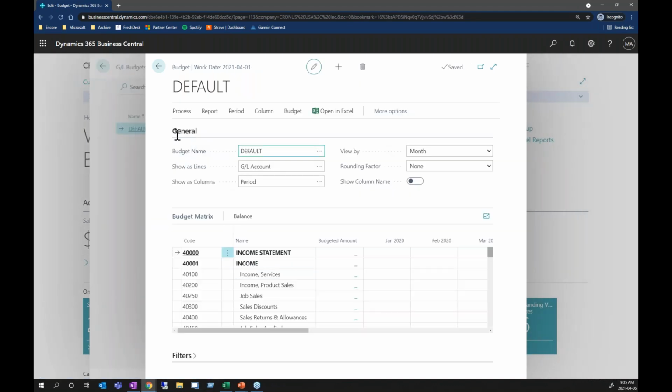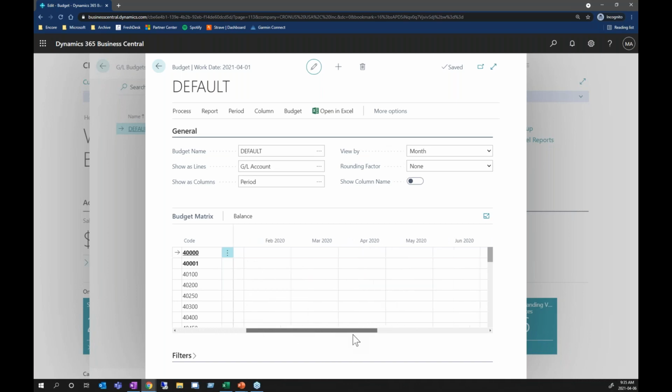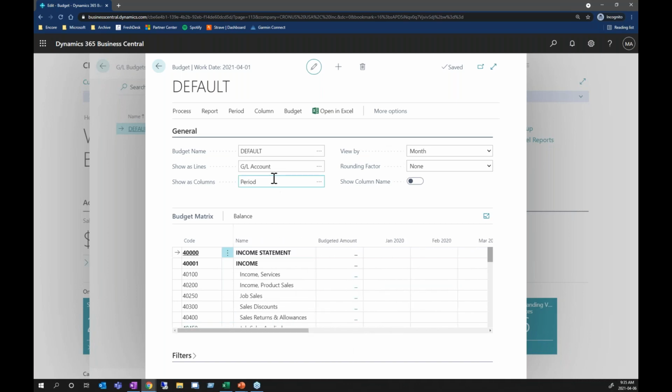This is a budget showing all the amounts for each GL account for each period. You can change this to however you want, but usually you're trying to do the full year. Then you can add the numbers manually, but you can also budget from Excel. So if I go to budget and export to Excel,